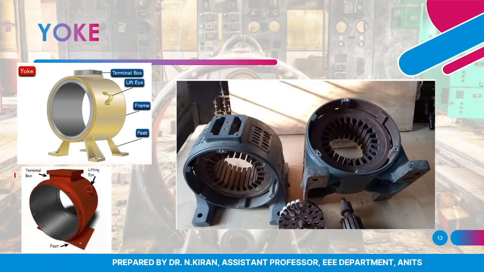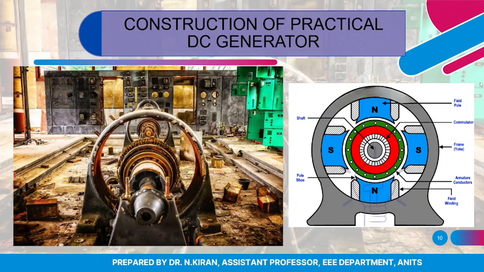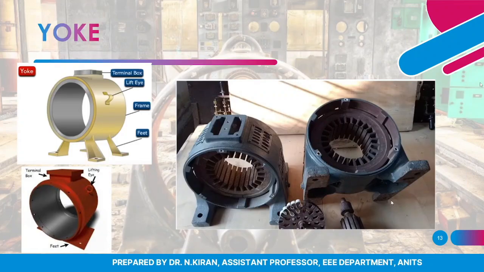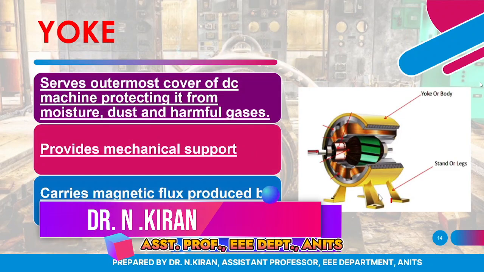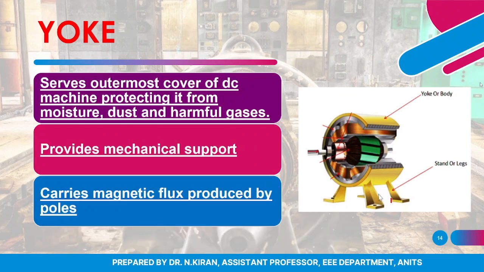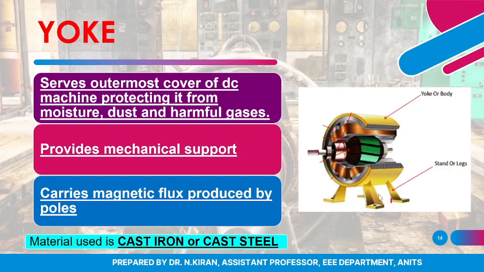If I go back to my construction diagram, you can see these poles that are present here. The yoke will give the required mechanical support for these poles. That is my second function of the yoke. And the last, third function is that it carries the magnetic flux produced by the poles. The material that the yoke is made up of is cast iron or cast steel. The reason behind this is